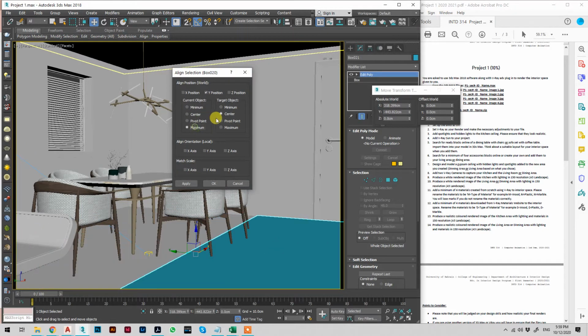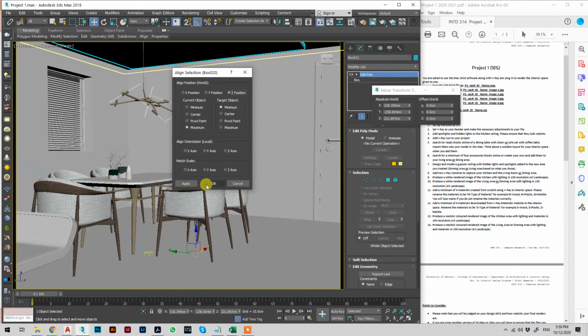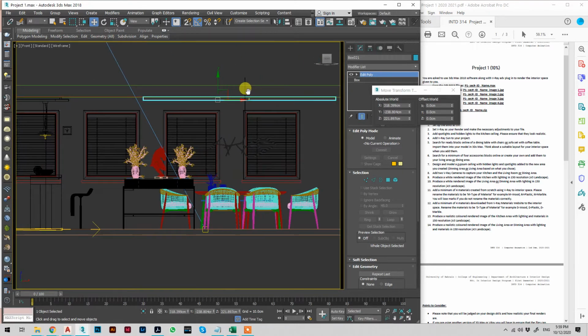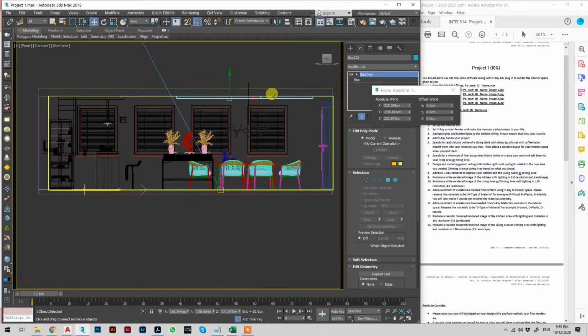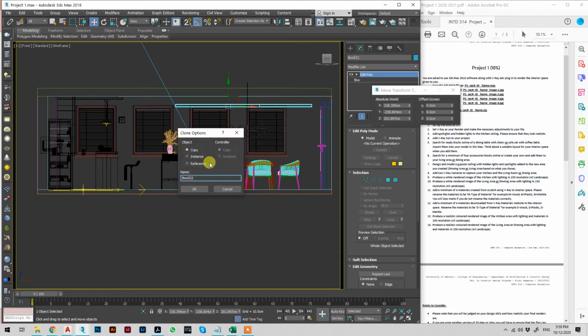So in y-axis, I will select maximum to minimum. Sorry, in z-axis, maximum to minimum. Now when I press on F for front, F3 for wireframe, you can see that the ceiling is starting exactly from the original ceiling. I want to drop it down a little bit to add the hidden light. So in y-axis, minus 20 to add this for the hidden light,